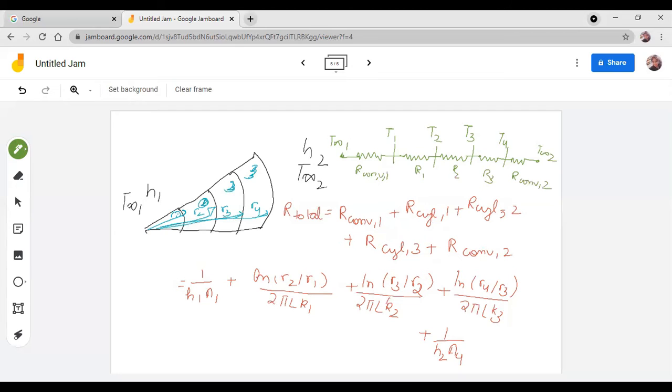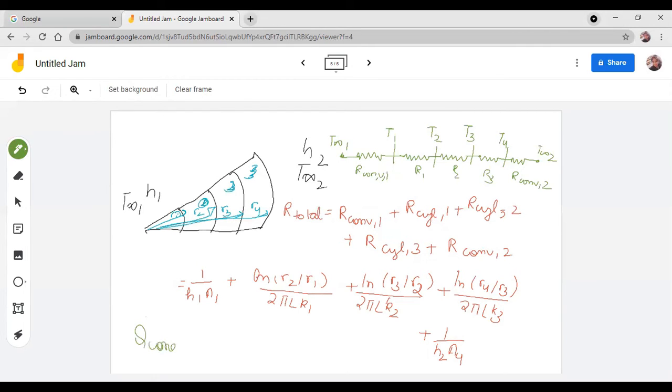These are just short forms of this R cylinder one. I've written this in short form. Otherwise, these both are same. So we see that T1, T2, T3, T4 are intermediate temperatures, and T infinity 1, T infinity 2 are ambient temperatures, these are known to us. So we'll find Q conduction between these 2 points, and hence use this expression, and we'll get the heat conduction by the use of this formula.